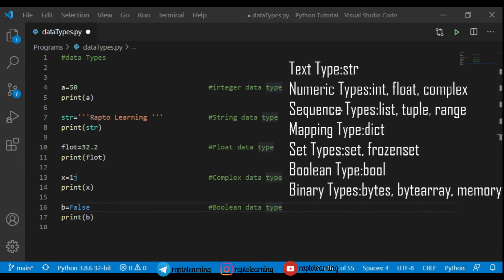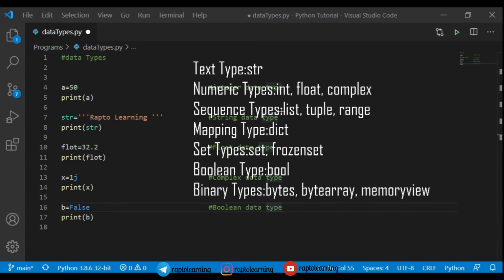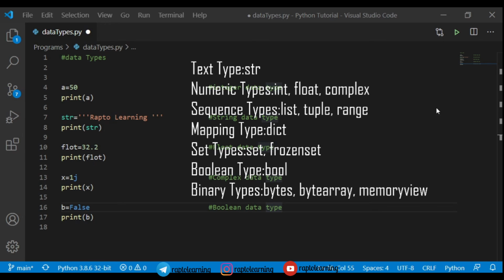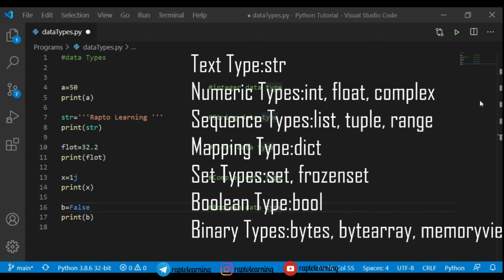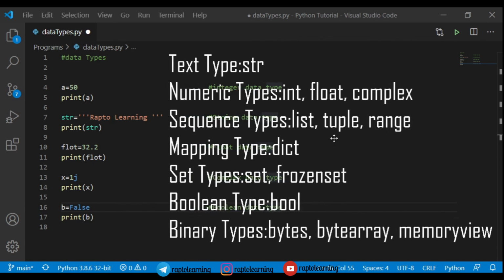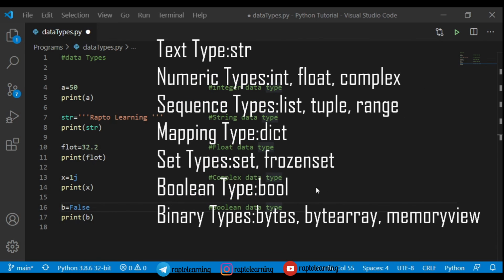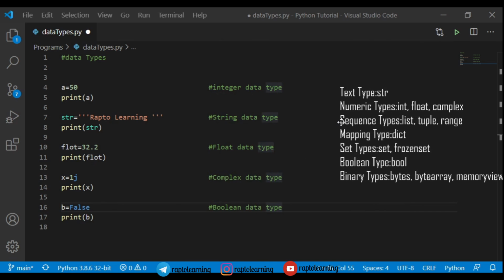So speaking of the high level data types, there are many data types available. That is string type, a text type, that is string, numeric types in float, and complex. We have studied this. Now the sequence type, mapping type, set type, and binary type, these are all remaining, and you will get a separate video on this because it needs its own separate explanation. This would be a very long video if I add all those data types in this video only. So let's stay tuned and wait for the next video.